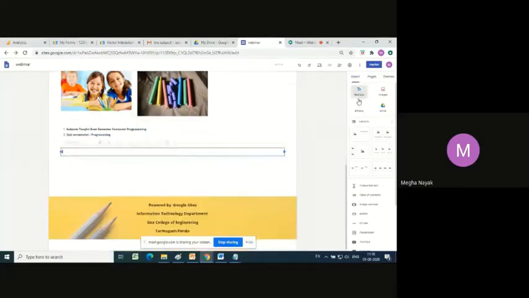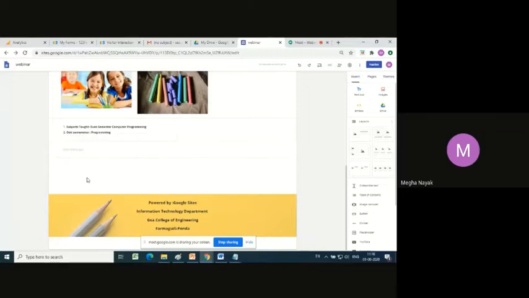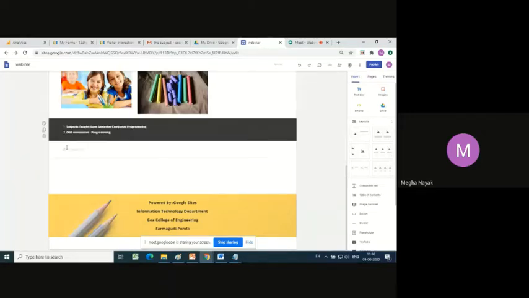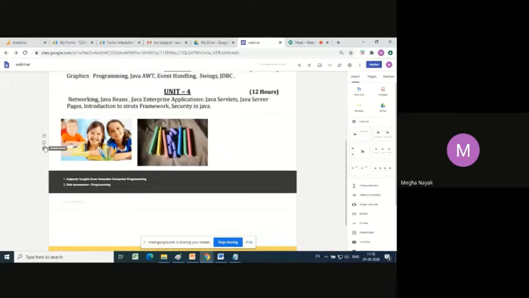So you can place around many text boxes like this and put data in it, or whatever you want to type. So I believe I'm done with inserting a text box and images. Now I have done with layouts. There are different formats of layouts available. You can choose whichever one. So just to give this an emphasis, I will click this. So you can differentiate your sections by giving certain emphasis.